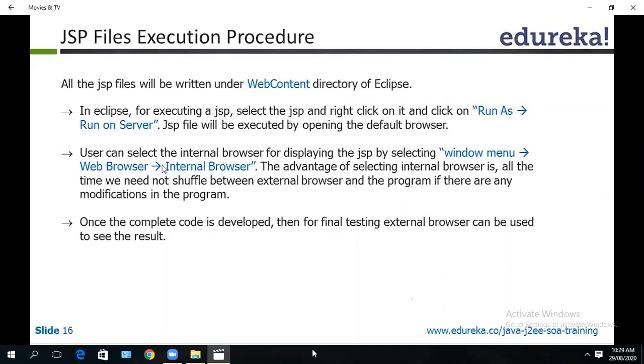So you have three files in a servlet. One is the HTML file, the web.xml file, and the Java file. The HTML file will have the UI, which is placed in the web content directory. Web.xml will be the controller, which says if this is the URL, which servlet class should be executed. That should be placed in the WEB-INF directory.